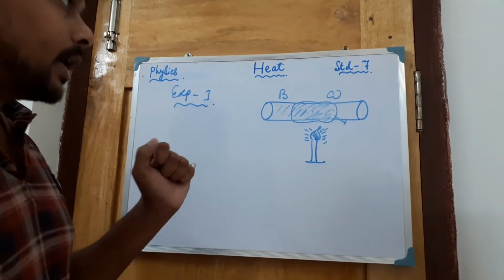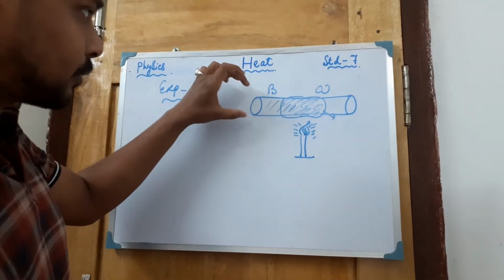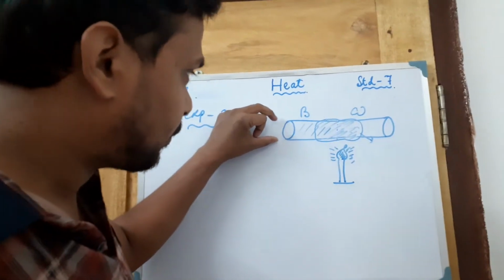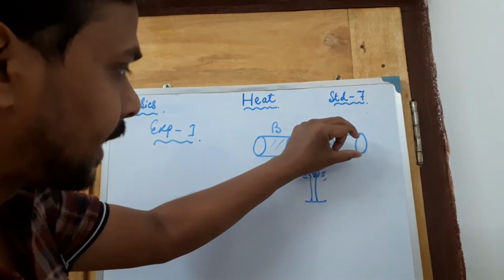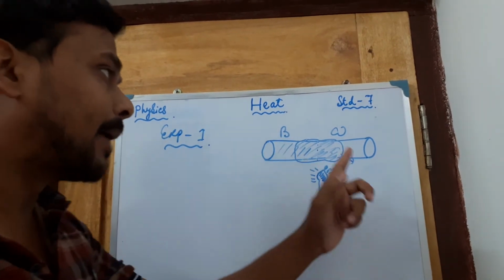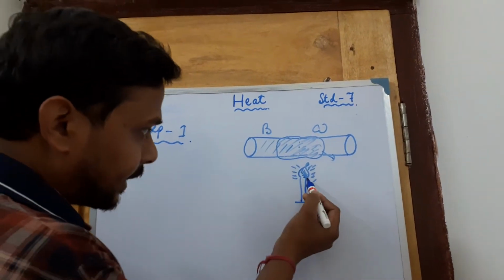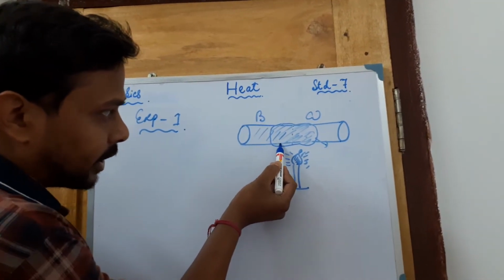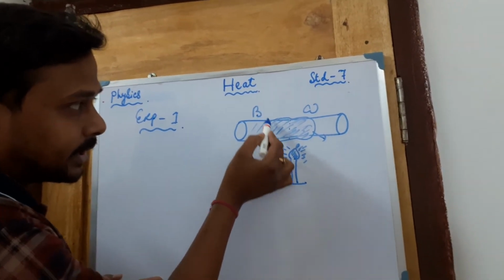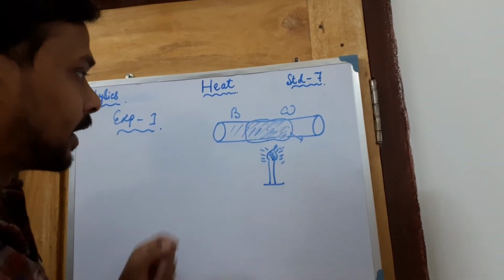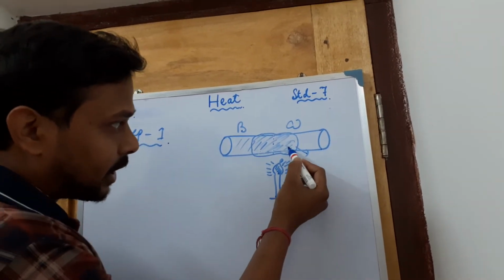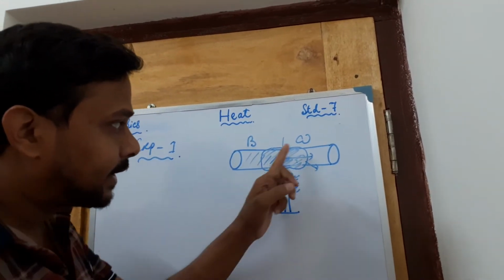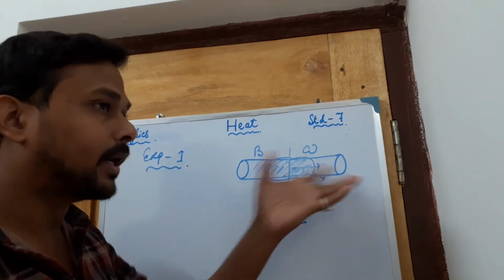Now we are holding this portion, this side, and we are moving this one in the forward direction and in the backward direction. What will happen, we will notice, when this burner or this flame comes to this side, or goes in this way, you can see that this paper will not burn. And whenever this flame comes to this side, within this portion, then this paper portion will burn.